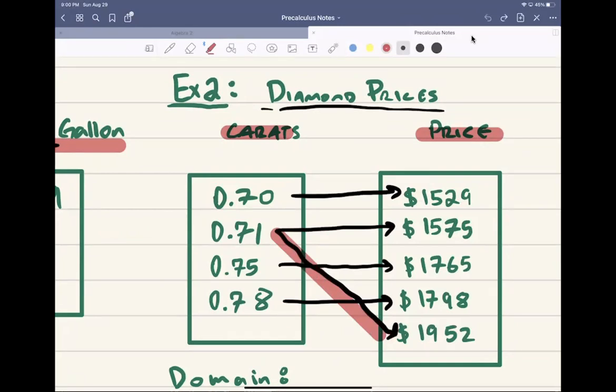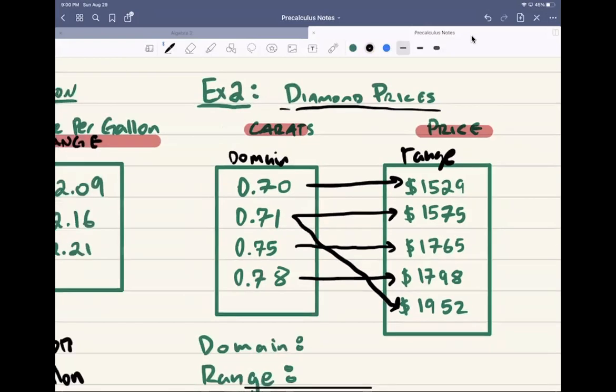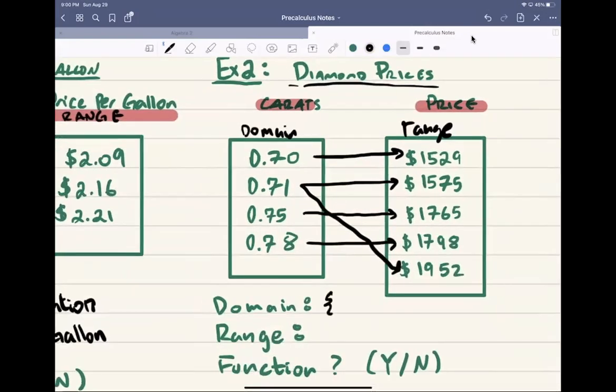And yeah, 0.75 is going to make you pay 1765, and 0.78 is going to pay 1798. So real quick, since the left is being mapped onto the right, this is going to be our domain, and this is going to be our range. Now, normally you want to list the values, right? So our domain here is going to be